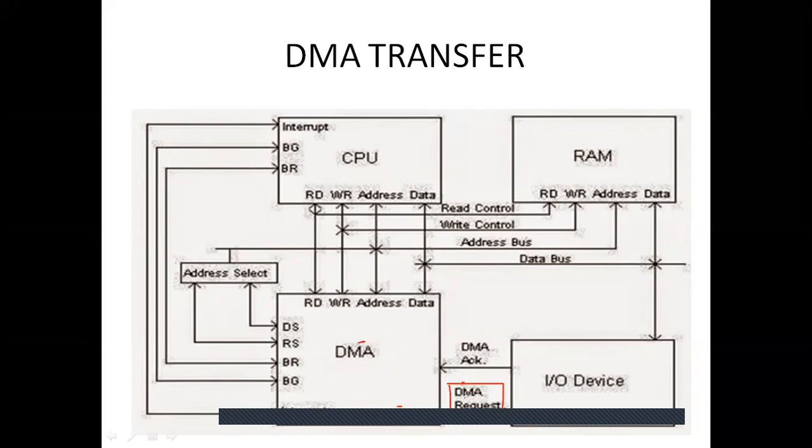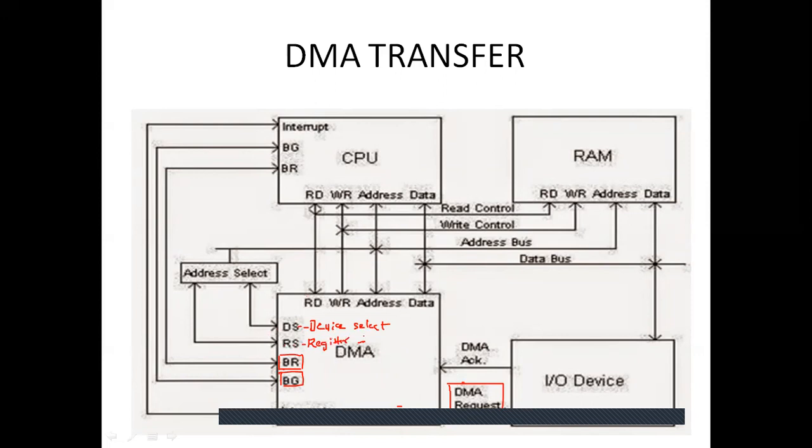The bus request signal, here you will have the bus request. BR in the sense bus request, BG in the sense bus grant, RS in the sense register select, and DS in the sense device select. Let me write it over here. DS in the sense device select, RS in the sense register select,